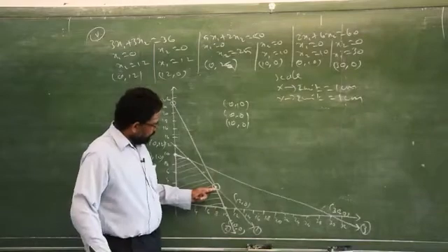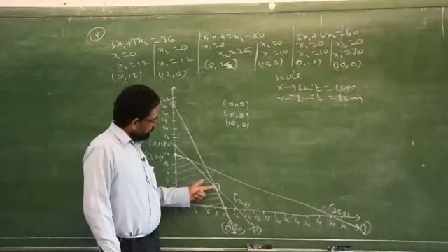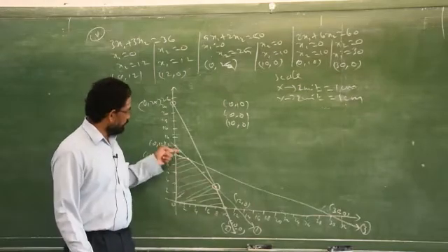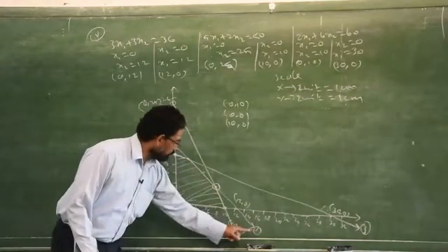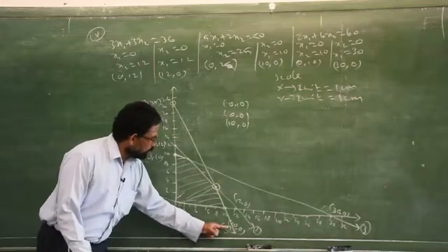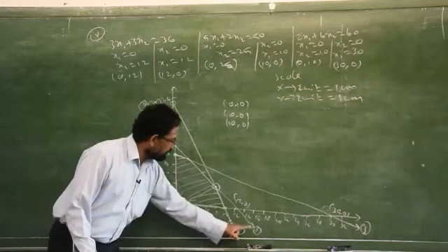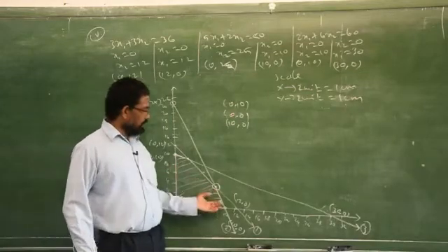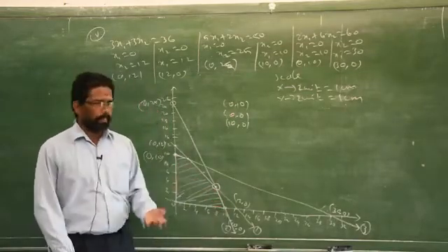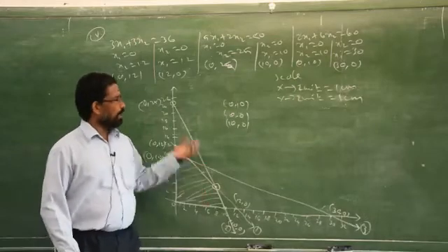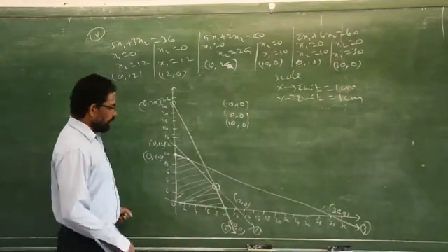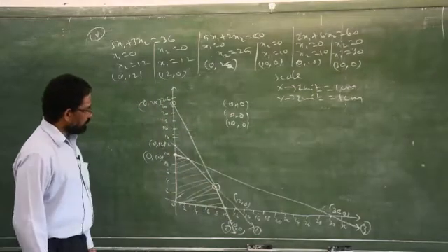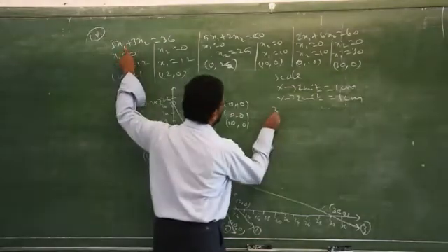So through this point, what constraints are passing through this point? See, I name it: that is constraint number 1. This is constraint number 2. So solve these two equations, equation number 1 and 2, and you will get the intersecting point. If you plot the points exactly on the graph sheet, I told you already, you have to check your answer by applying the elimination method. Now I would like to find the intersecting point of these two equations, that is equation number 1 and 2. What is equation number 1?